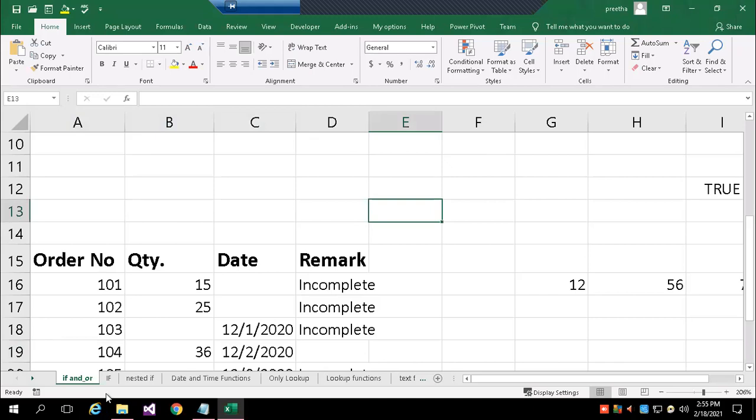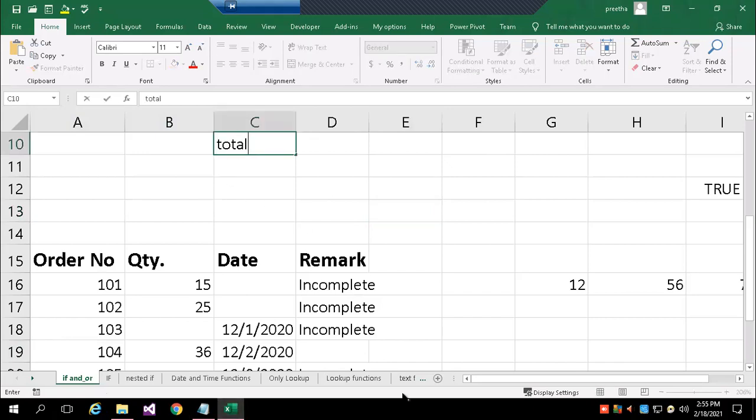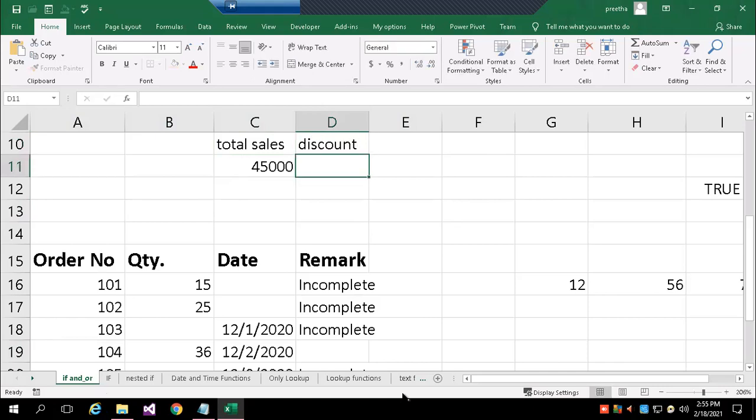I have to verify the cell value against the expected range. If this is the value, I want to calculate it. For example, I have here total sales value, a simple example. Here I want to give a discount. If the purchase is more than 50,000, then I will give a 10% discount. So how do I refer?